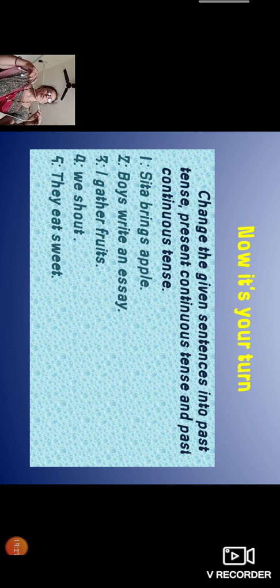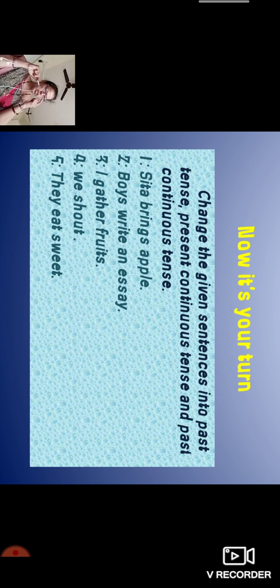Here I'm going to tell you the present tense. The present form is already given in the sentences, children. You are going to change it into past tense, present continuous tense and past continuous tense. So I'll help you out by giving the V2 form and V4 form. See, she brings apple. Here brings is the main verb. The past tense of bring is brought, b-r-o-u-g-h-t, brought. And obviously you all know the present participle, that is the V4 form, bringing, b-r-i-n-g-i-n-g, bringing.